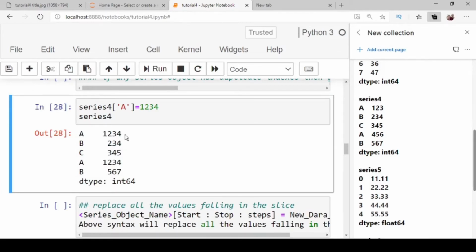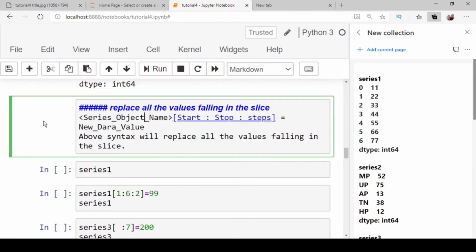The above code will change the data value at the two places for index A. Replace all the values falling in the slice: series object name within square brackets, start colon stop colon step, is equal to the new data value. The above syntax will replace all the values falling in the slice.